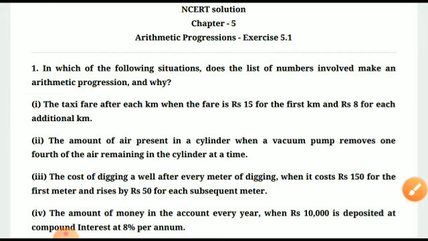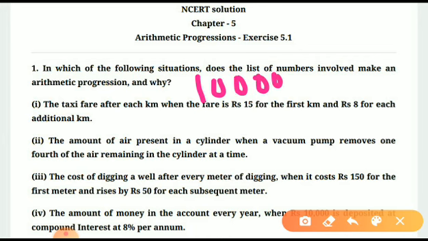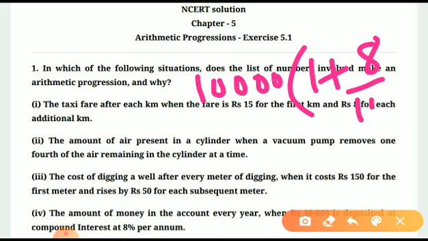Now here, the rate of interest is given to be 8. The amount deposited is 10,000. And the number of years we are going to check. So what will be the amount? Initially, you have that 10,000 that you have deposited. So what amount will you get after 1 year? P, that is 10,000, into 1 plus R by 100, where R is 8 by 100.